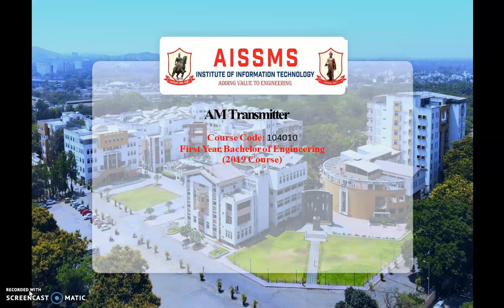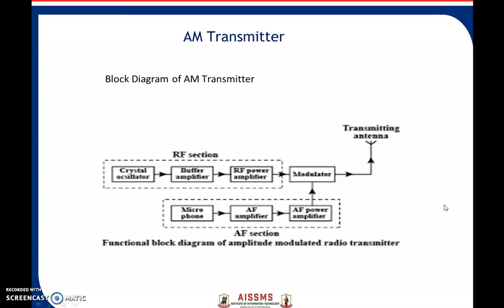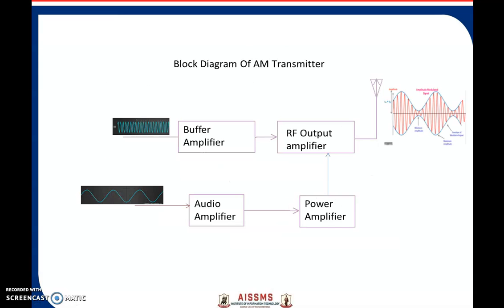Here today we are going to discuss the amplitude modulation transmitter, which is also called the AM transmitter. Before going into detail of how the AM transmitter works, we should be clear about the need of modulation and what amplitude modulation is, and then we will transmit the wave, that is the AM wave. So this is the block diagram of the AM transmitter, but before going into detail, let us talk about modulation.